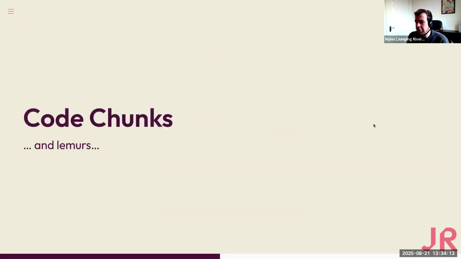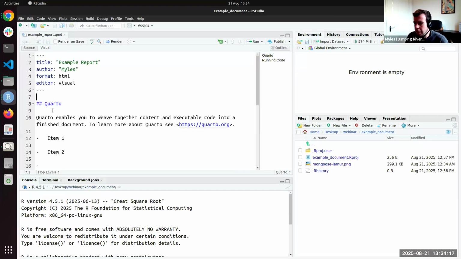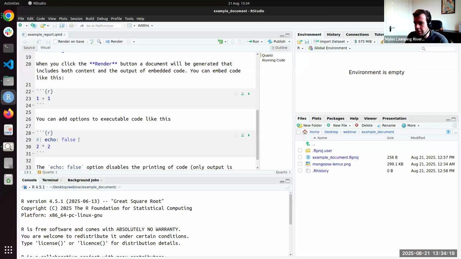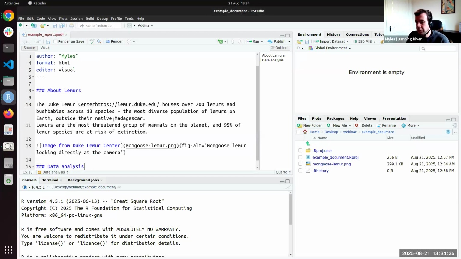And you can also insert code chunks. So just to start with, I'll just take my document that I've got here. I will, for now, just get rid of that sort of initial default text body. And then I'm just going to copy in some new text, which I prepared earlier. So I'll just copy that in here. This is all formatted as Markdown. So we've got a sort of subsection here. We've got a link here.